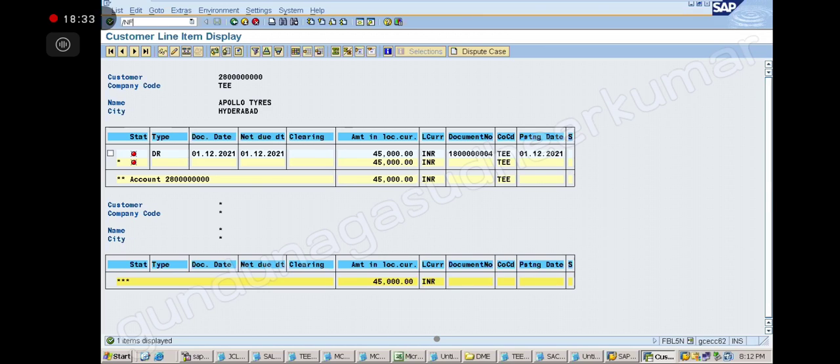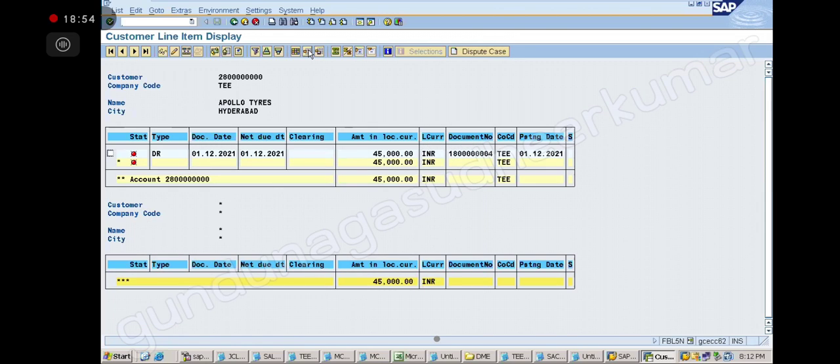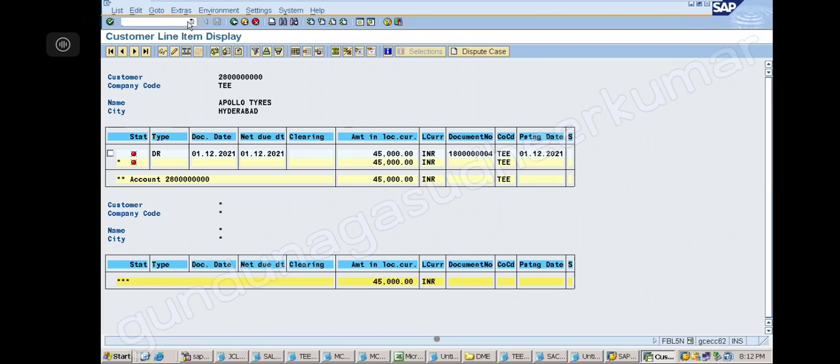Okay, so now slash F dash. Yes, sir. Here we have added a symbol, right? Now why isn't it showing? See, you have to create a new layout. This is a standard layout, right? So we have to save it as a new layout. Here we have a save layout option. If you save as a new layout, it will be there. You have to change the layout and save it as a separate layout, with another name, and apply that layout. This is a standard layout; I'm not changing it. Okay, so now, where are we?